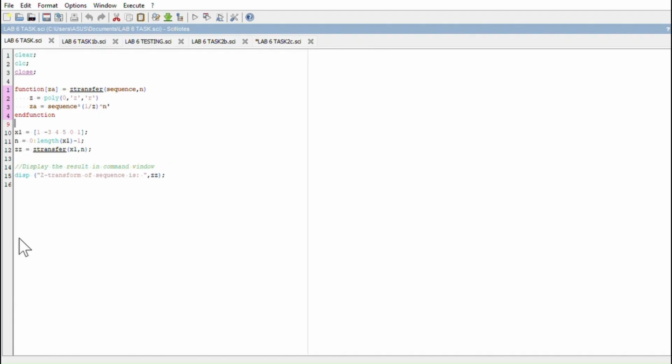And below here is ZTransfer with x1 and n. This will call the custom function defined just now, and it will pass the sequence and n into the function, perform the math, and then store the final result in ZZ. So when we run this,